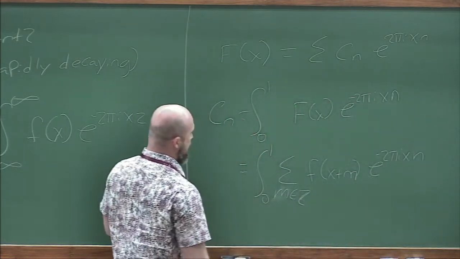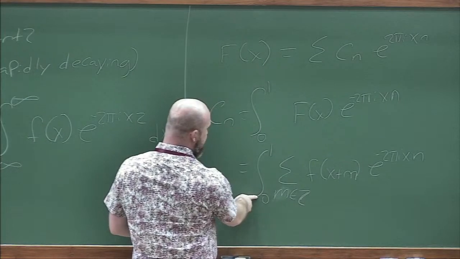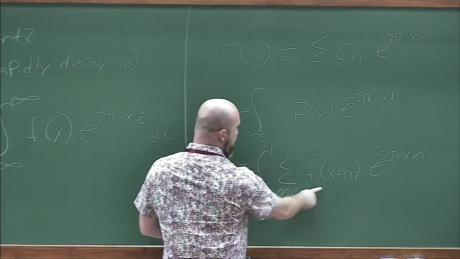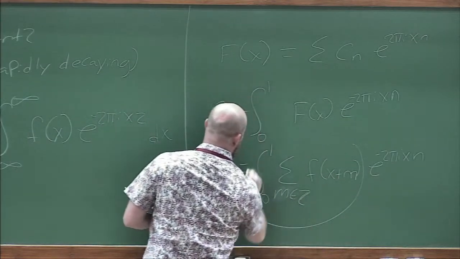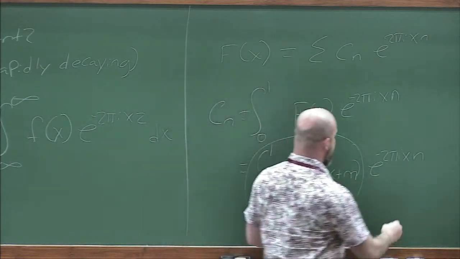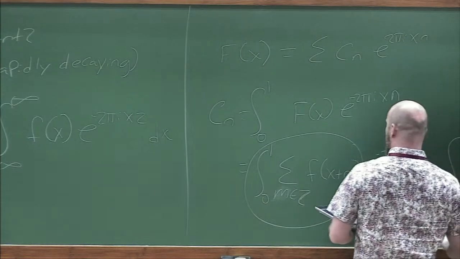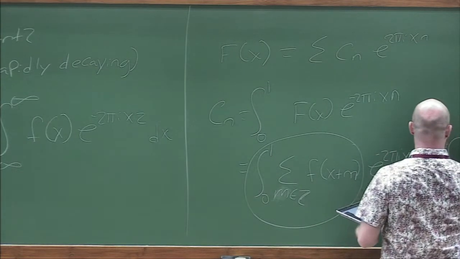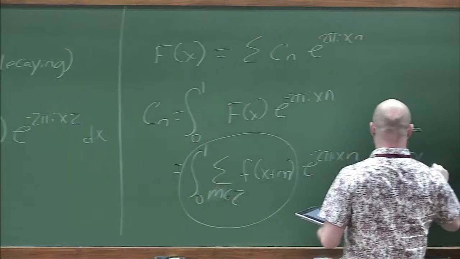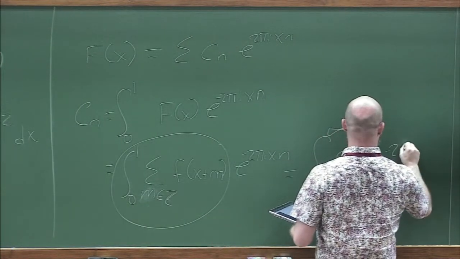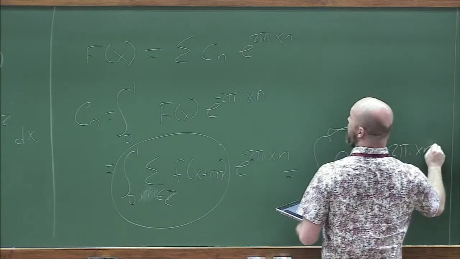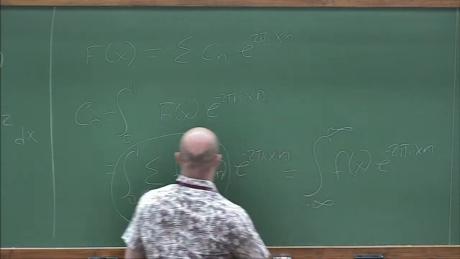And now, this is an integral from 0 to 1, but then I'm shifting it by an integer at each step, and so these two pieces right here, I can just incorporate together to turn into an integral from minus infinity to infinity of f of x e to the minus 2 pi i x n,